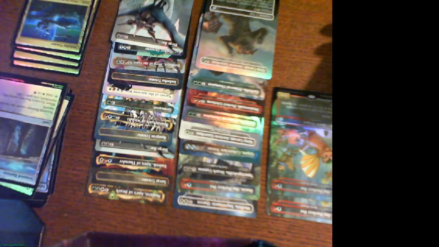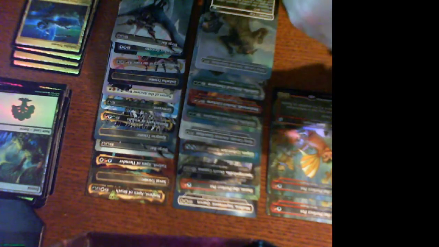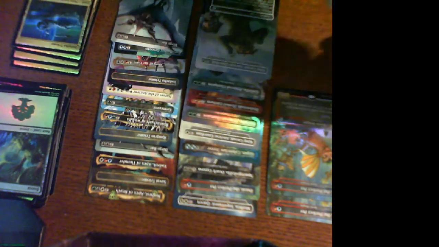Forest. What we got? Shiny Impetus. 2 red. Enchantment. Aura. Enchant creature. It gets +2/+2 and is goaded. It attacks each combat if able and attacks a player other than you. Whenever it attacks, you create a treasure token. Like that. That's pretty good. It's a good trick to play on someone. We have a full art